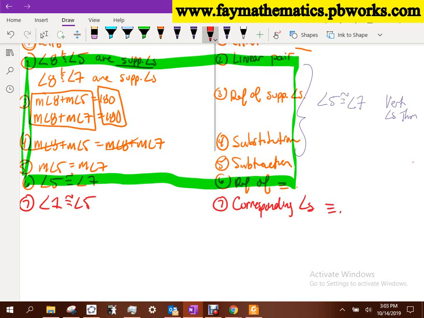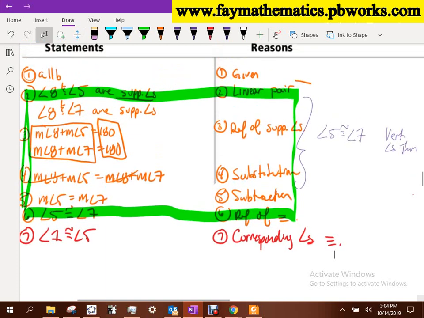angles are congruent. Now, when I write these statements, guys, I should be saying if two parallel lines are cut by a transversal, then corresponding angles are congruent. When I was in high school, my teacher made me do that, and I hated him for that. Okay? So I'm not going to make you do that, but I want you to understand that there's more to that statement, because when I say corresponding angles are congruent, that's only if the lines are parallel. There are corresponding angles that might not be congruent if your lines are not parallel. Okay?